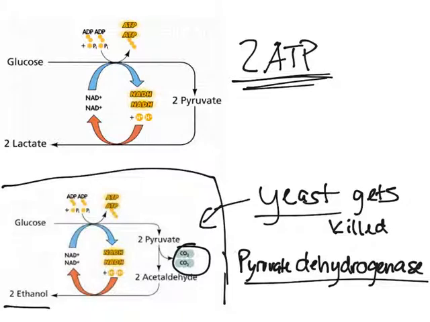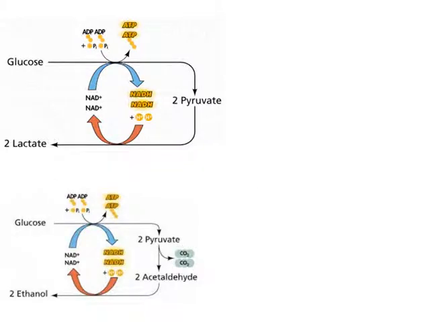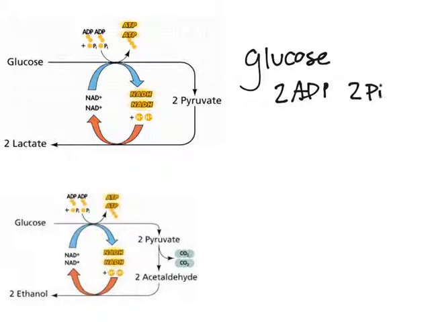And so let's just summarize what happened. So you have 1 glucose, and then 2 ADP, and 2 phosphates, and then your output is 2 lactate,